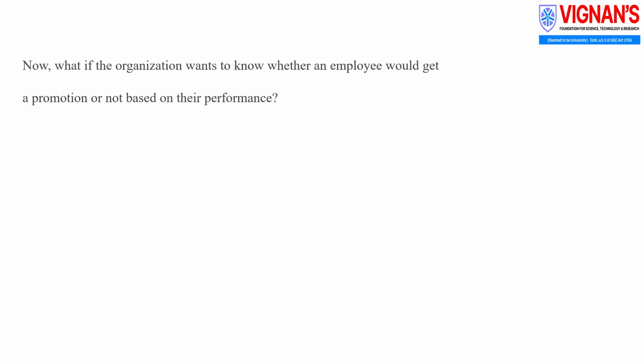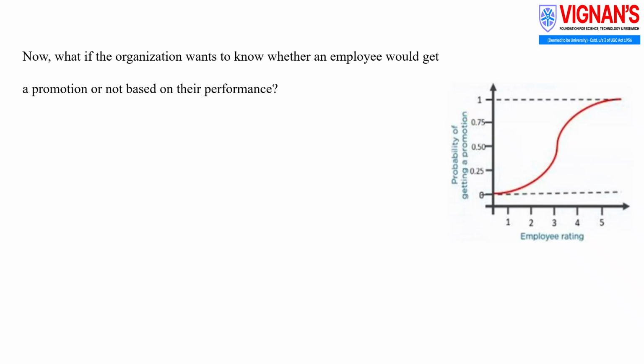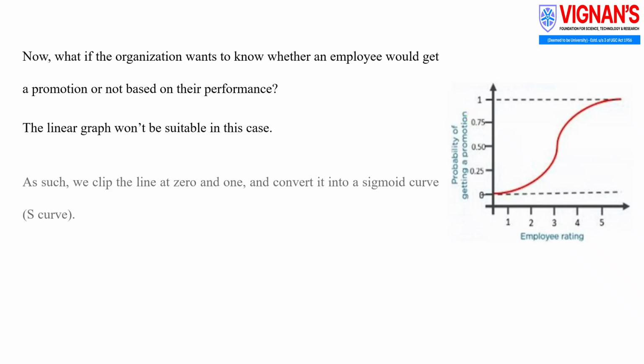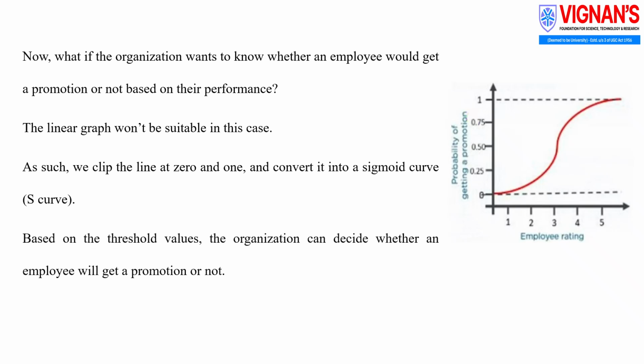Let us consider an example of employee promotion prediction. In this image, the employee rating is shown on the x-axis, while the probability of getting a promotion is shown on the y-axis. Unlike linear regression, the output here is a value between 0 and 1. The red S-shaped curve represents the logistic regression model. For low ratings, the probability of promotion is very small. As the rating increases, the probability rises sharply and then gradually levels off. This helps in deciding whether an employee will be promoted or not.